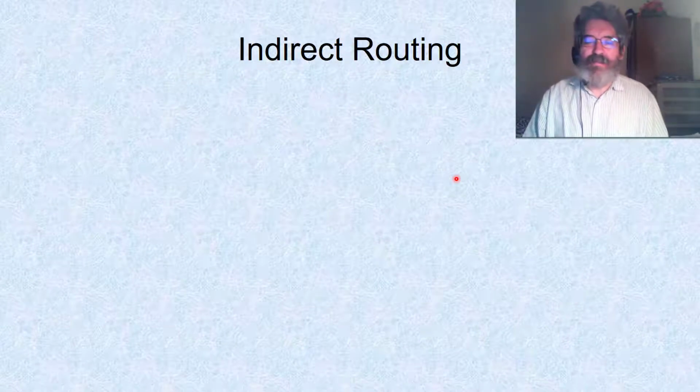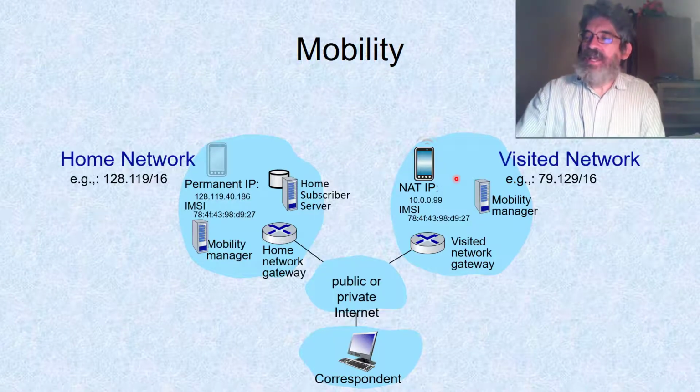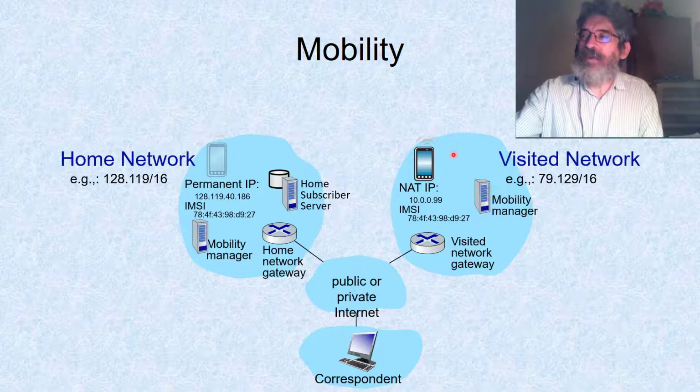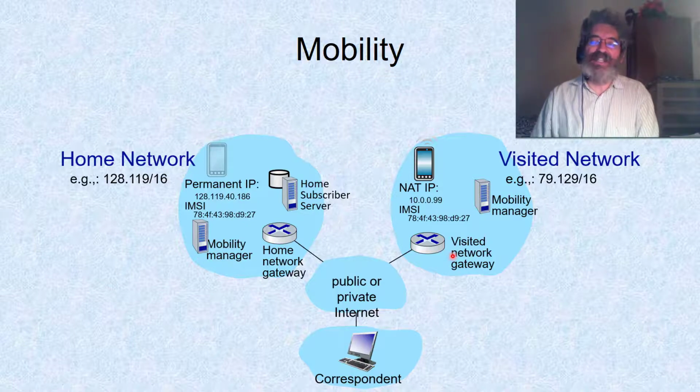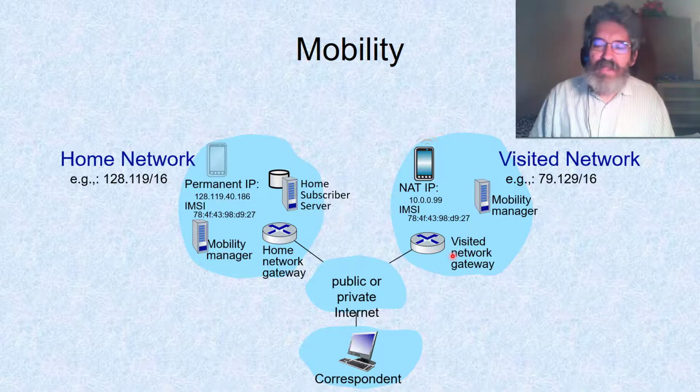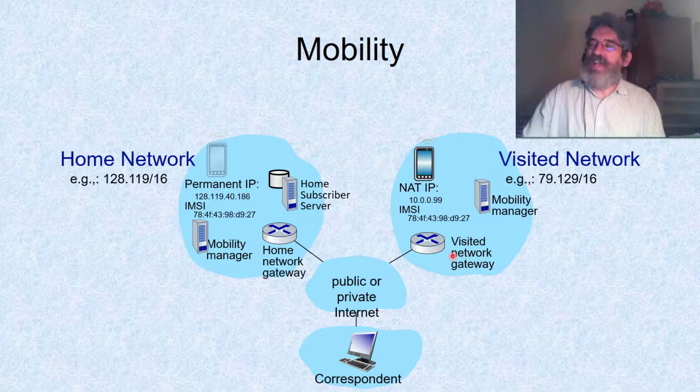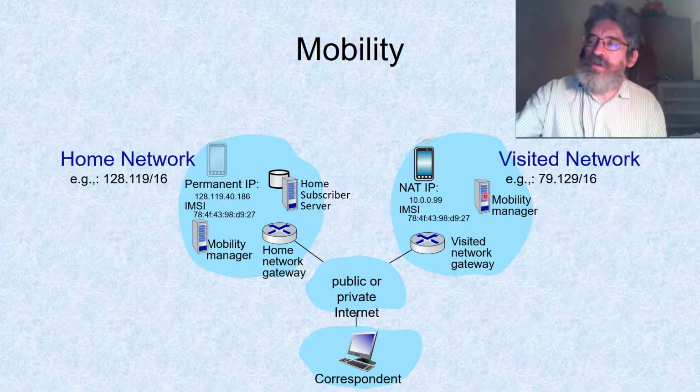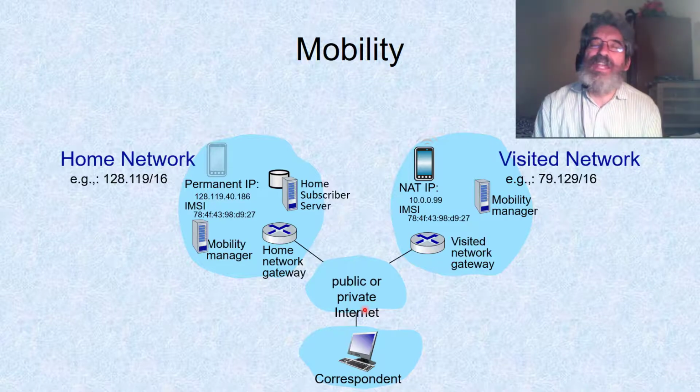So one idea is that when I go here, I take my IP address and we just broadcast it as if it was a network of its own. So I identify myself to the local mobility gateway manager, and they would just send it out as part of their BGP advertisements.